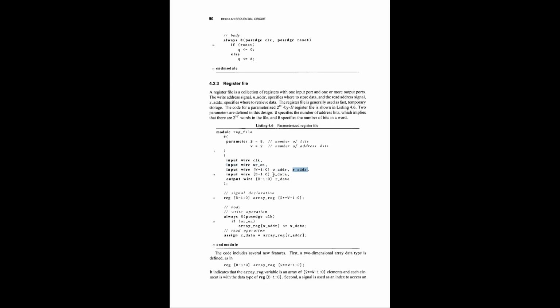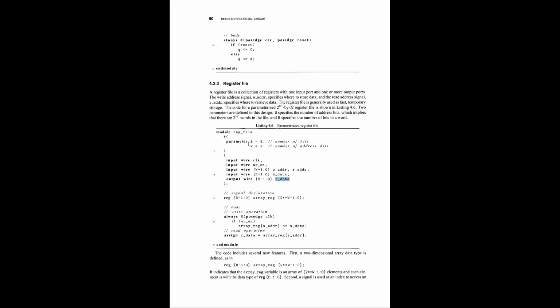Then there is W data and R data. W data is the data we want to write into the memory, and the data we read from the memory goes to the output port, called R data.